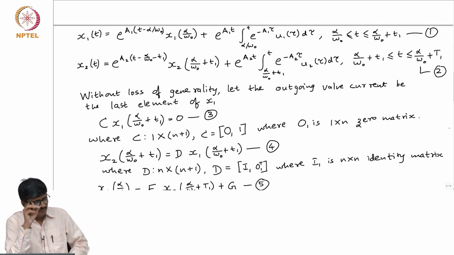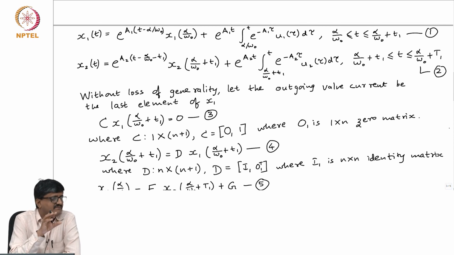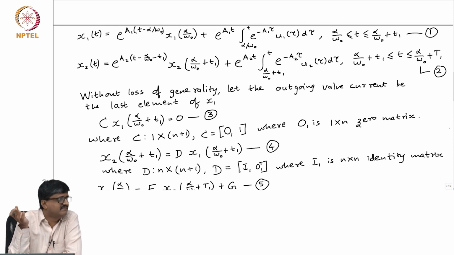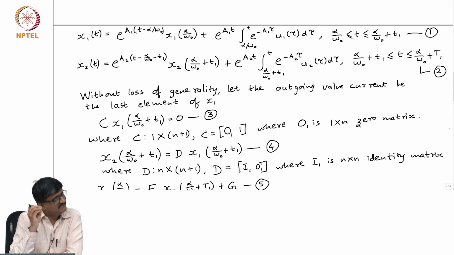Now, what we normally do is first assume something. Suppose it is 2 and 3 valve conduction mode. Try to find an answer. If you get an answer, it is 2 and 3 valve conduction. If you don't get an answer, it is not 2 and 3, try something else. See whether it is 3 and 4. Again, if you get a solution, that is the answer. Otherwise, it is not the answer. So, it is only by trial and error we can make out whether it is 2 and 3 or 3 and 4. For 12 pulse, that is even more complicated. Let us first concentrate on the simple case.